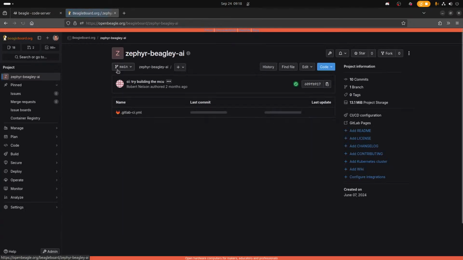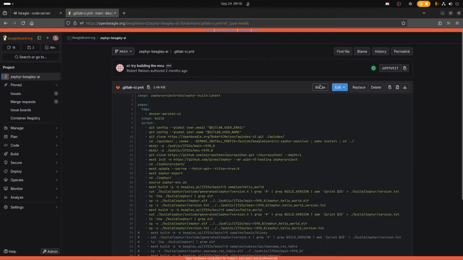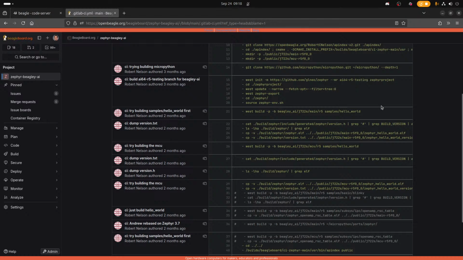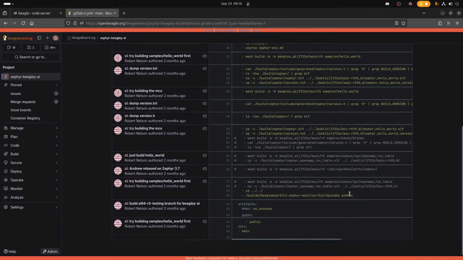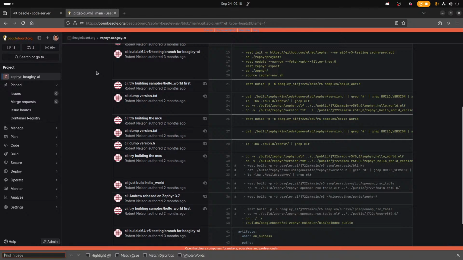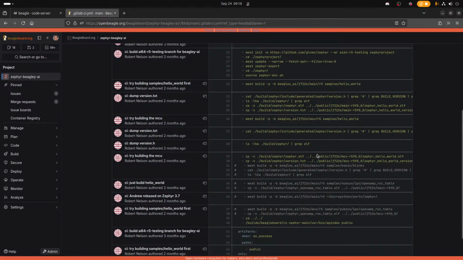Let's look at blame. So when was... so OpenAMP? I know I saw MicroPython in here. Where is it? Yeah, just above the Andrew rebased on Zephyr 3.7. Line number 36.